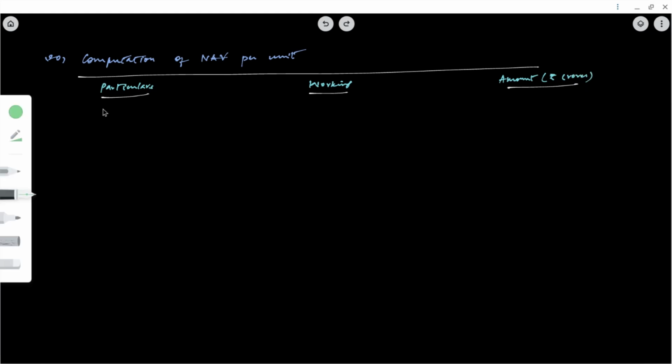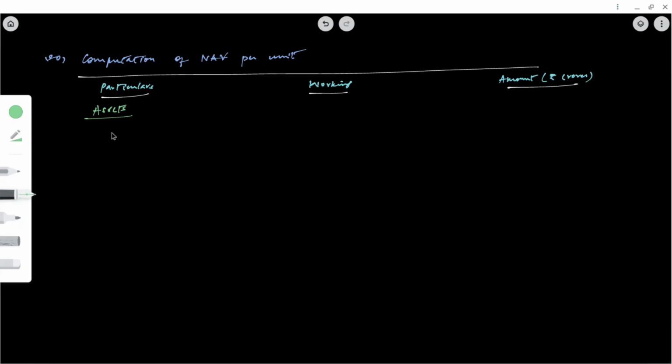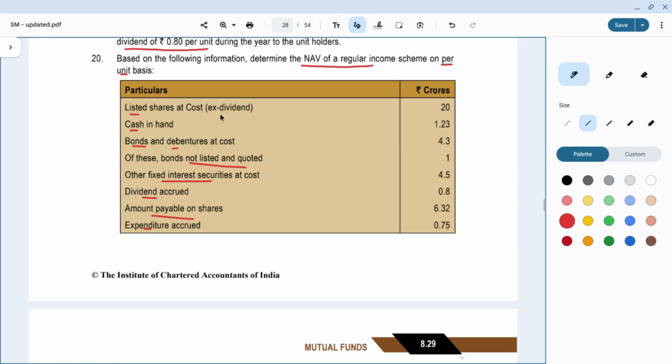First we'll take assets. What are the assets? Listed shares. Now how do I evaluate? It is given that at cost it is 20 crores,